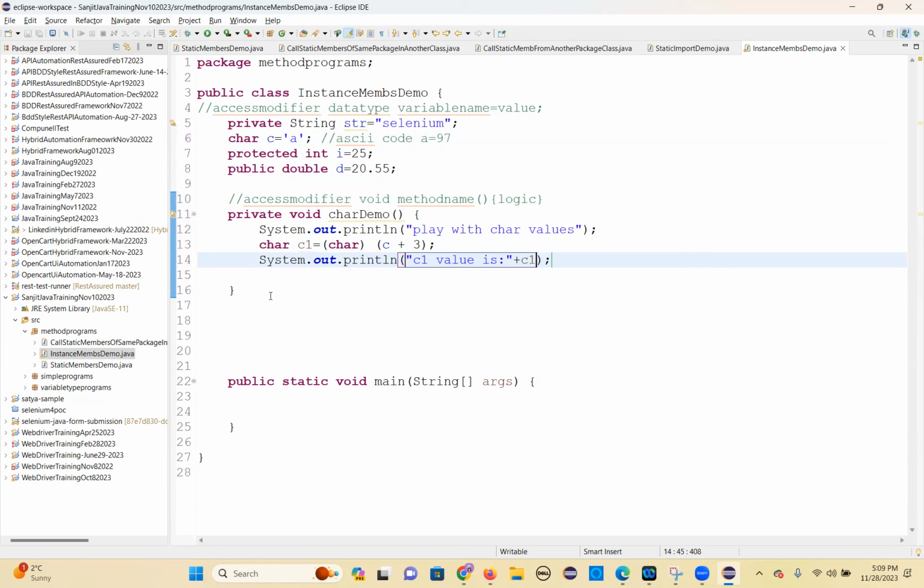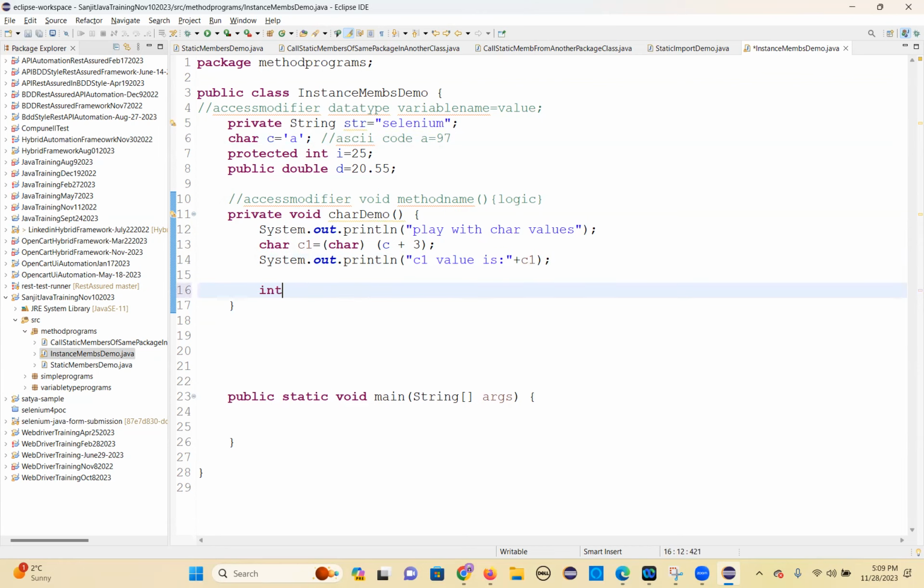Next, I want an integer number. So integer i2 equal to c